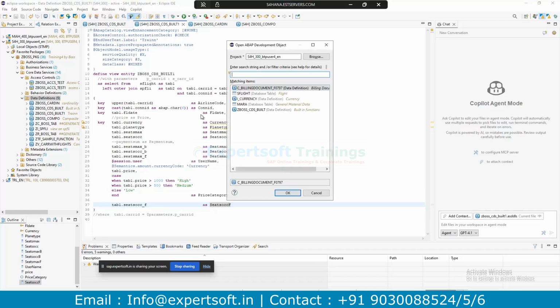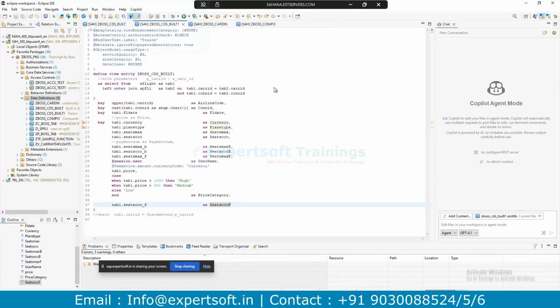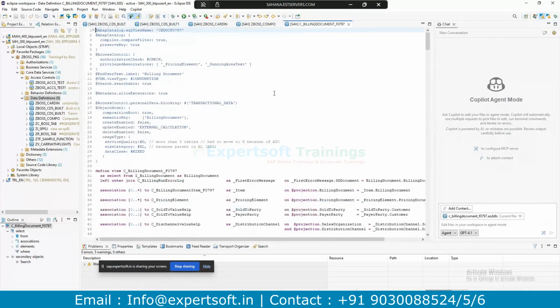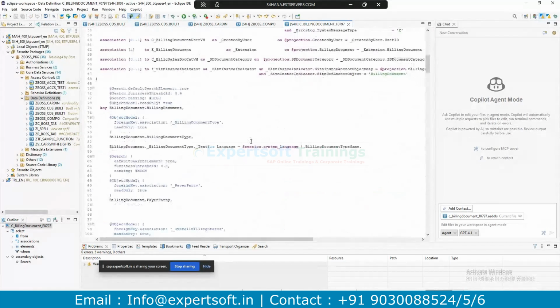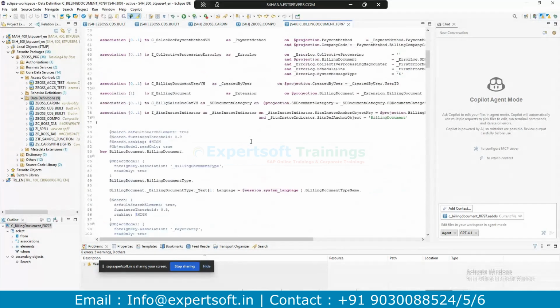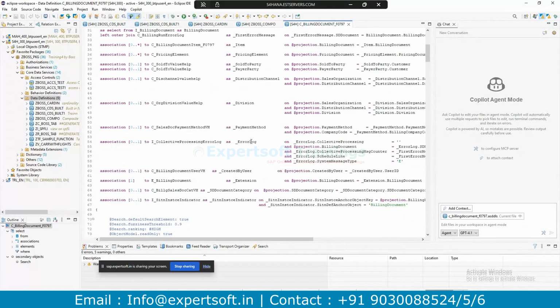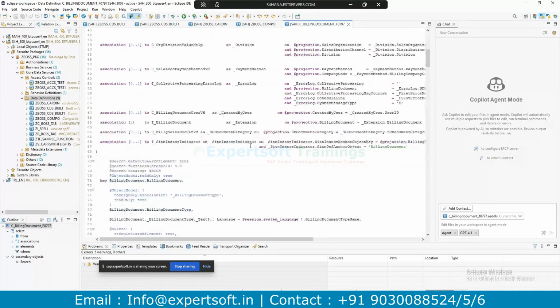A special feature is like a projection view, where the end user, or if you are restricting some of the fields of it, that can be done by the security layer. No, in the service layer also we can do it. On top of the consumption layer also we can do it. Sorry, consumption we create in the projection. It's like a projection on top of it; while creating the consumption we can also use the same.